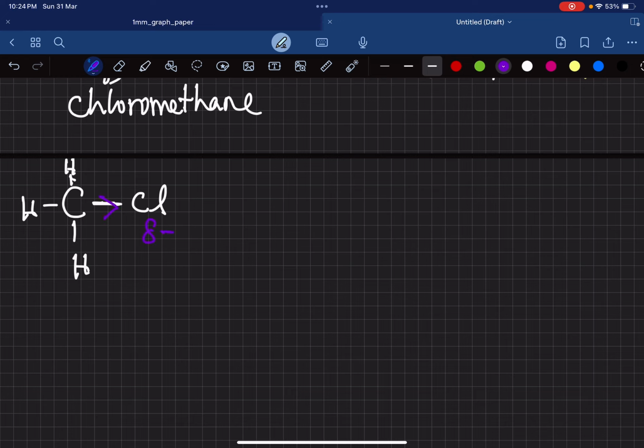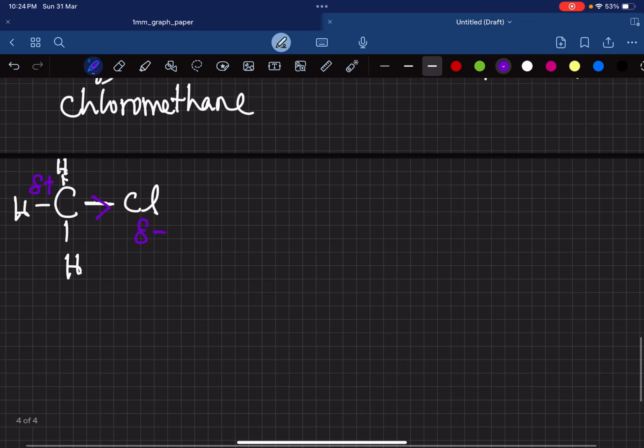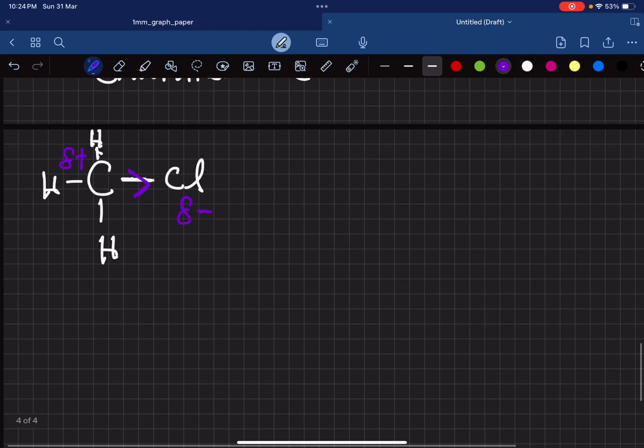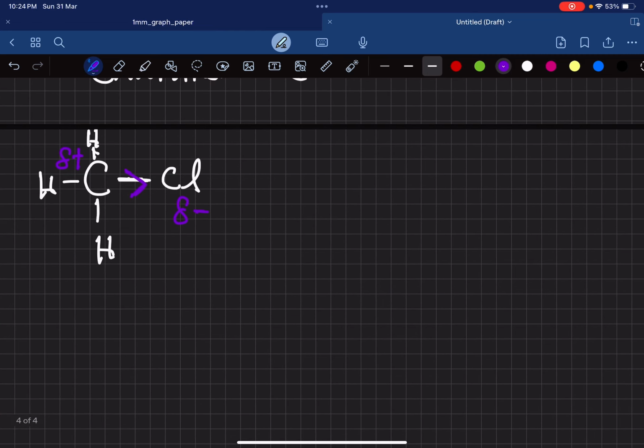So this is slightly negative, this is slightly positive. Carbon is slightly more positive and the chlorine is slightly more negative because the electrons are being pulled towards chlorine. So this carbon here can be attacked